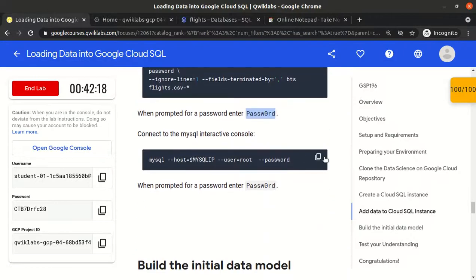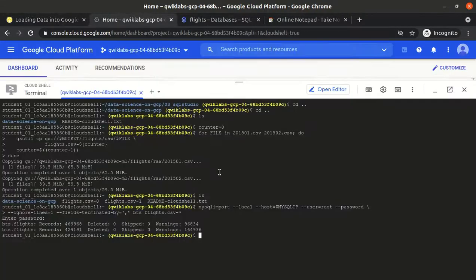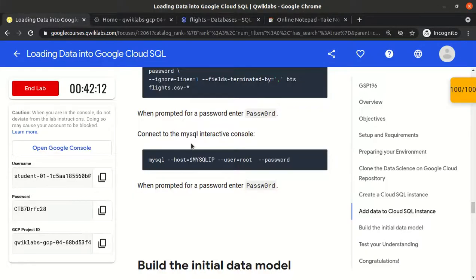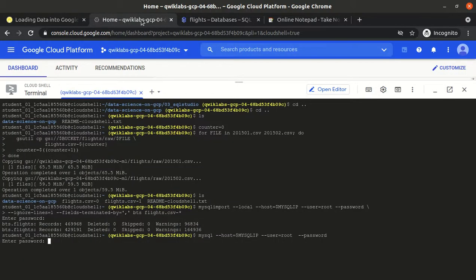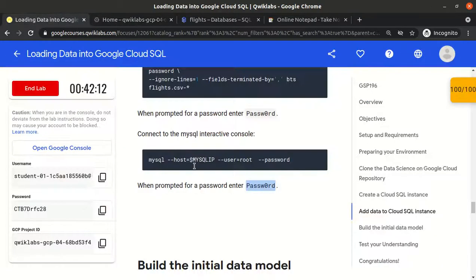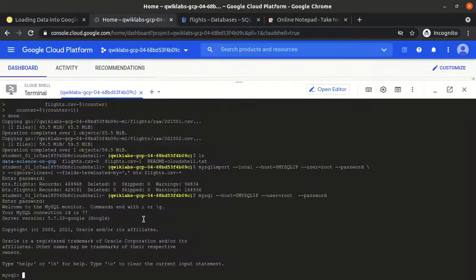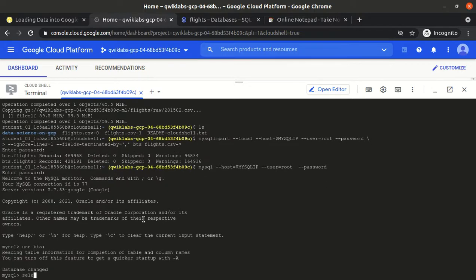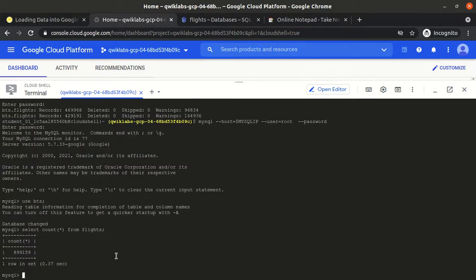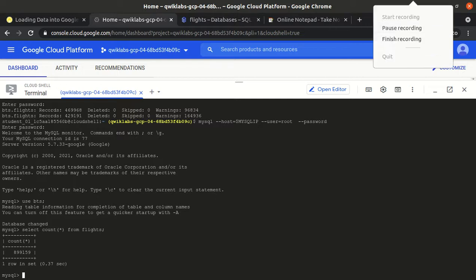So now again reconnect to the MySQL instance and cross-verify whether the data is actually loaded or not. So we use BTS, select count star from flights. Now we could see this number of records.